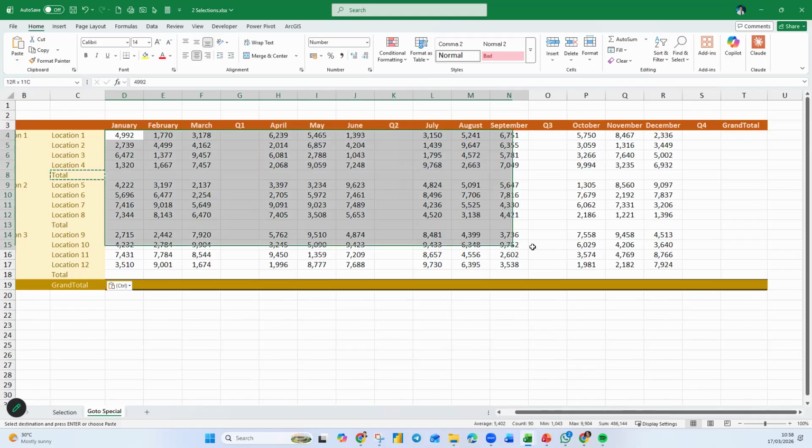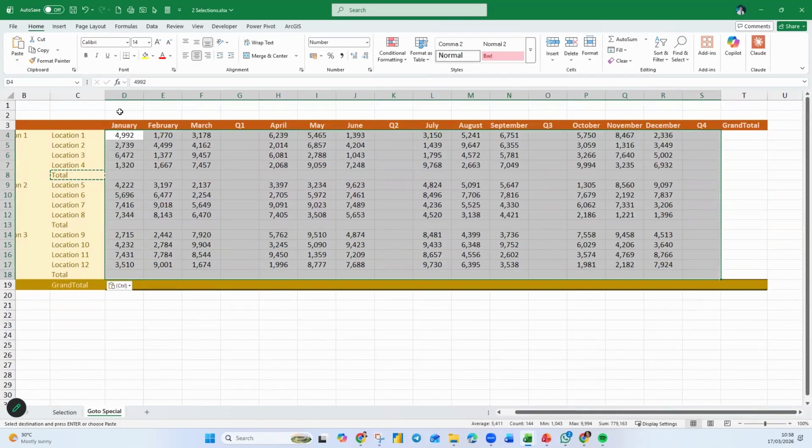I'm going to highlight all this. You notice what am I highlighting? D4 to S18. Now I included those empty rows. And I want Microsoft Excel to help me. Hey, can you please only highlight for me the empty rows? Instead of me doing it myself, I give them a whole range. After that, I'm just going to say, okay, can you please highlight only the empty rows for me? So this is what I'm going to do.